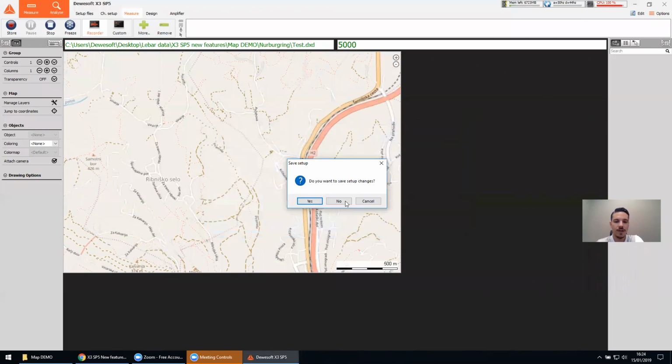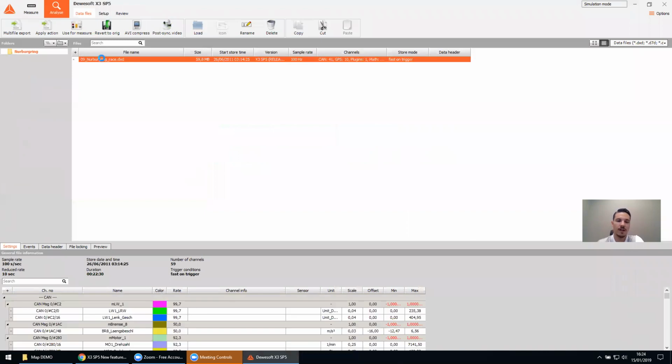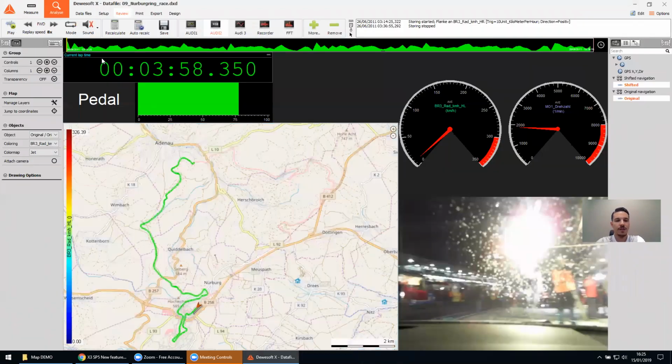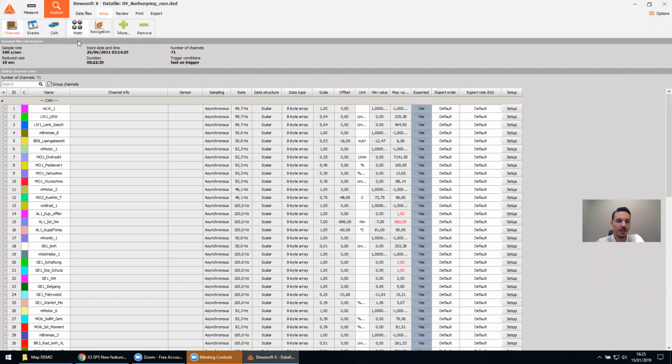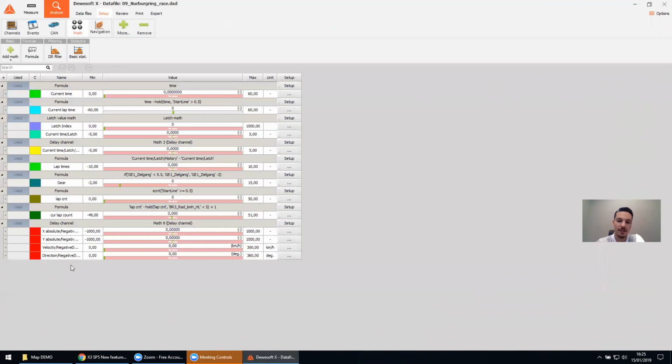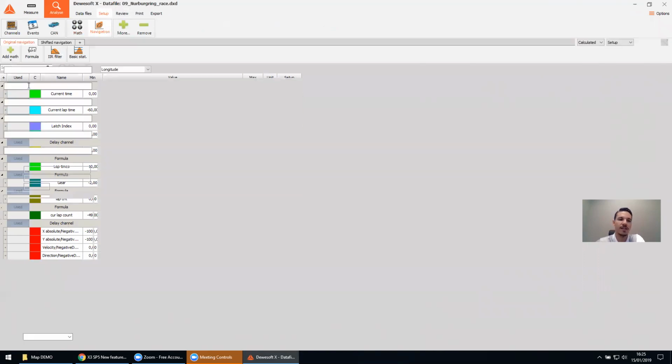Okay, and there's one final example with the map. Just to show you that you can also use the same visual control also on old files. So in this case, I've got a very special file, which is the Nürburgring race. And what I've done here, initially we only had the GPS data from one car, but I used a little trick. Basically what I did was I used the delay mathematics to delay my GPS data, in essence simulating another car. Then I used both